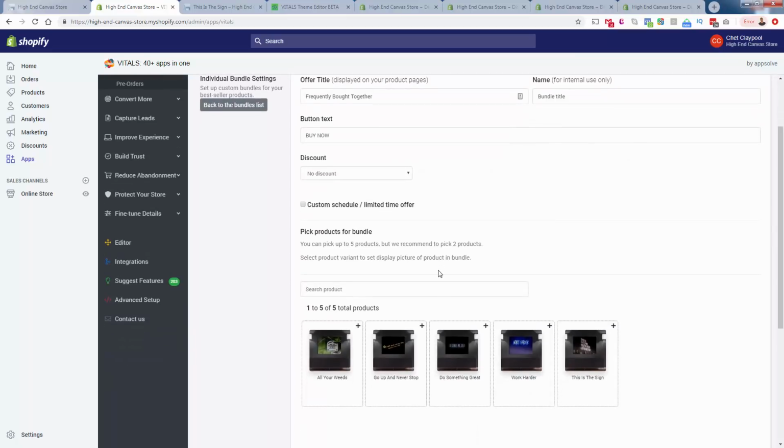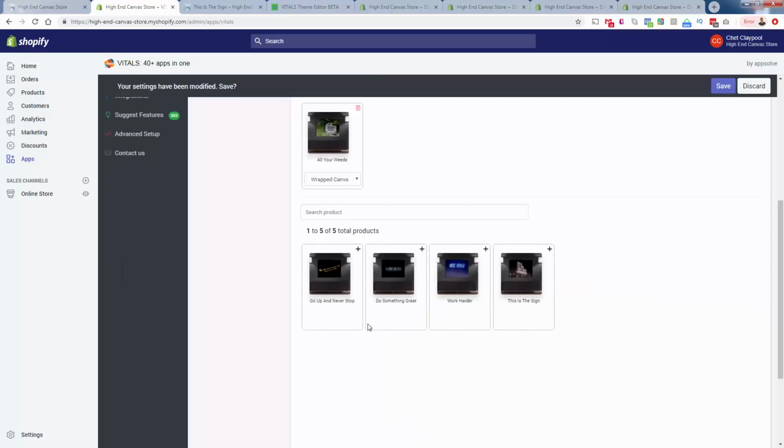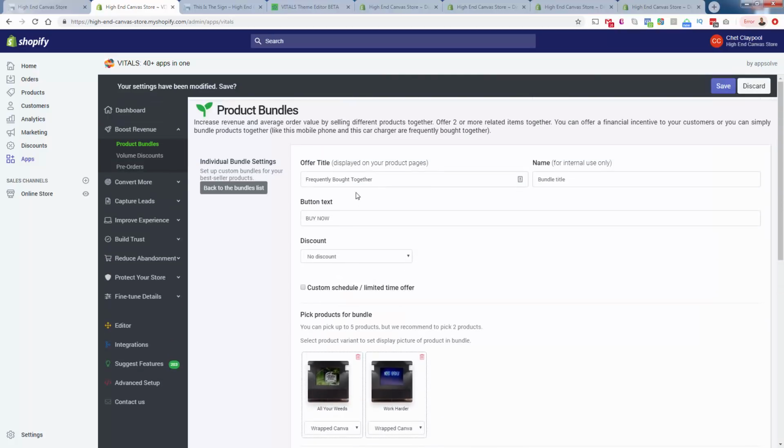But literally, as you see, as we just scroll down here, legitimately all it does is allow you to bundle products, right? You could bundle products over here. So let's say we want to bundle the All Your Weeds canvas with the Work Harder canvas. We can create a deal, and maybe we'll call this a